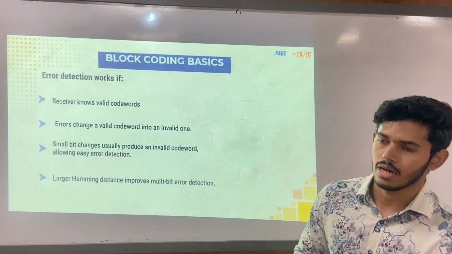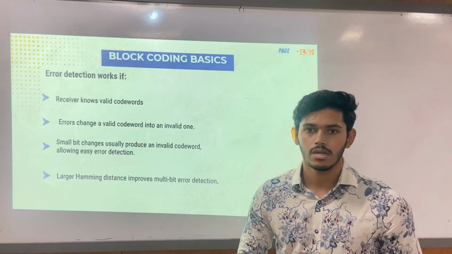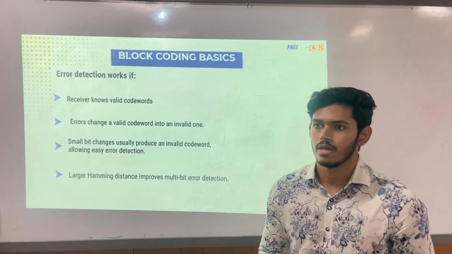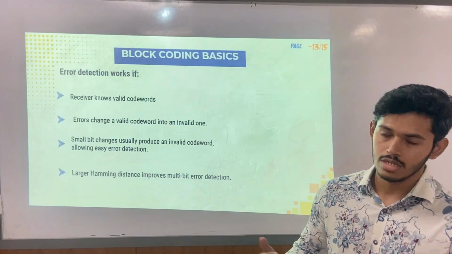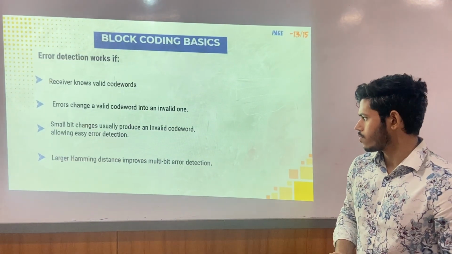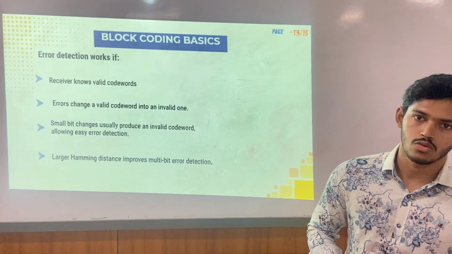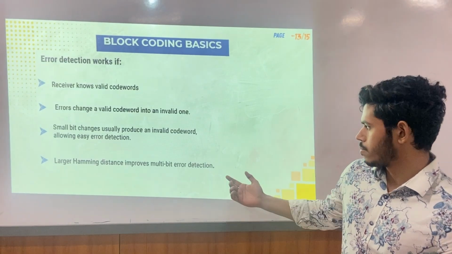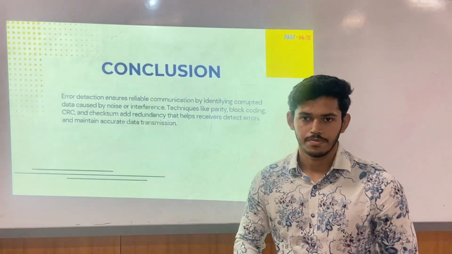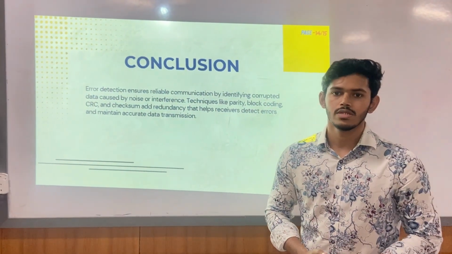Here comes the Hamming distance. It is actually when there is a little bit of difference between two code words. A big distance makes it easy to detect the invalid ones. Larger Hamming distance improves multi-bit error detection. Always, if the bits between two code words are the same, multi-bit difference error detection is really easy with Hamming distance. Now, the conclusion: error detection ensures the integrity of data transmission if